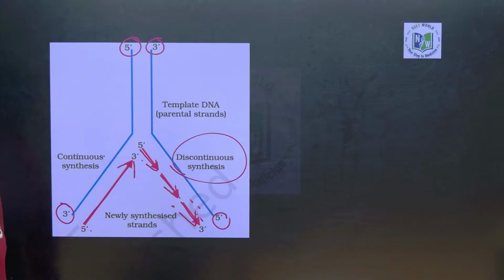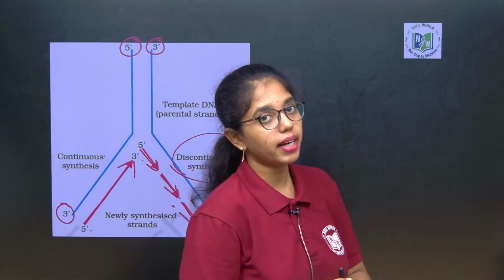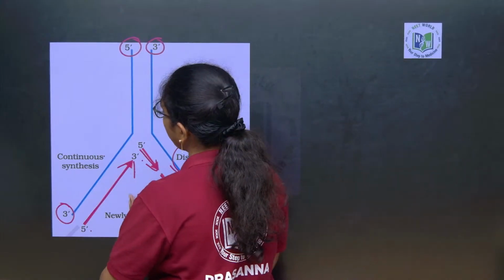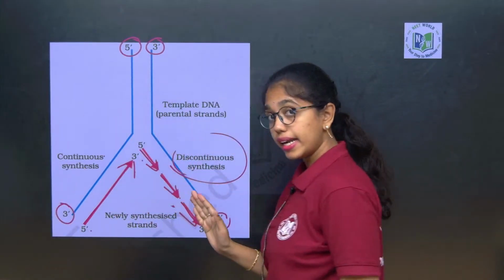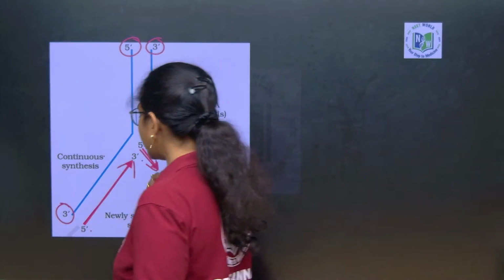These are Okazaki fragments. At the last step of DNA replication, they are bound by DNA ligase. First, the double stranded DNA is opened by DNA helicase, which is an ATP dependent process, and then